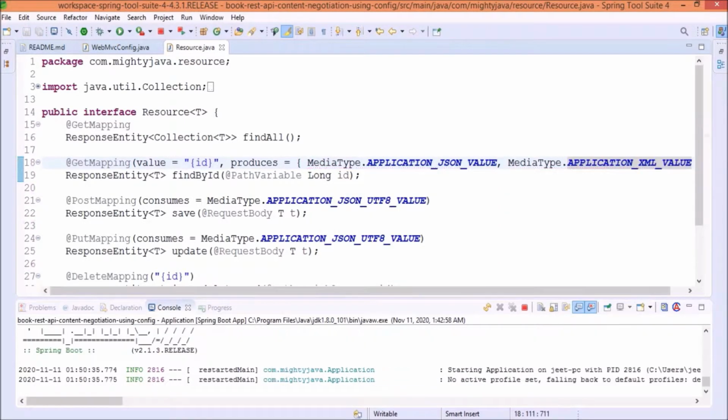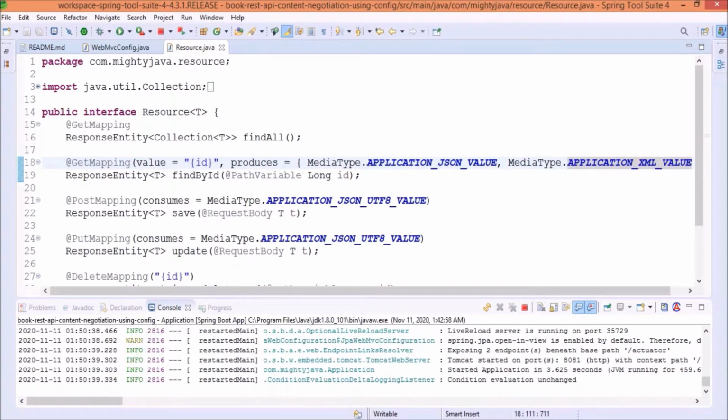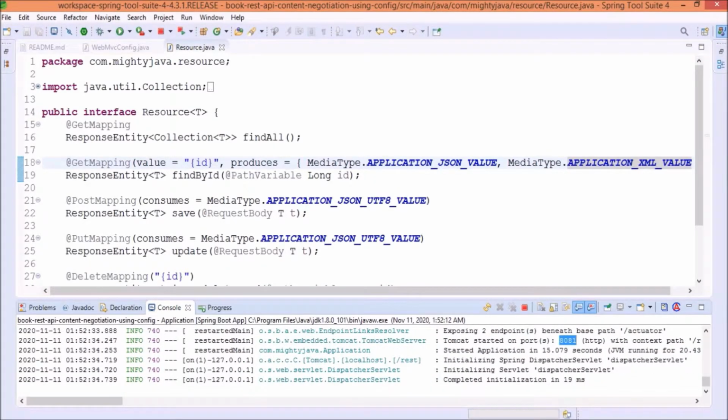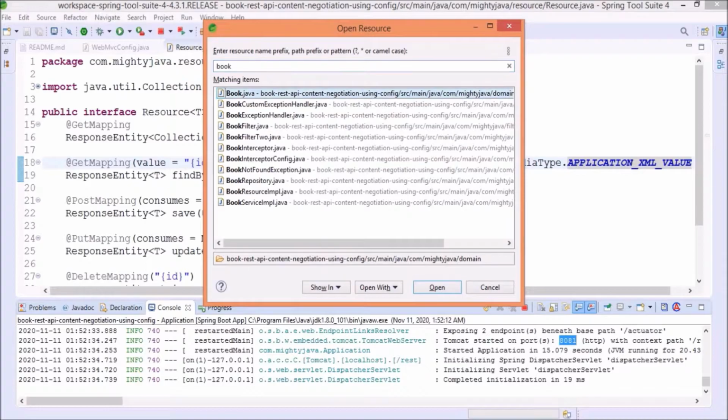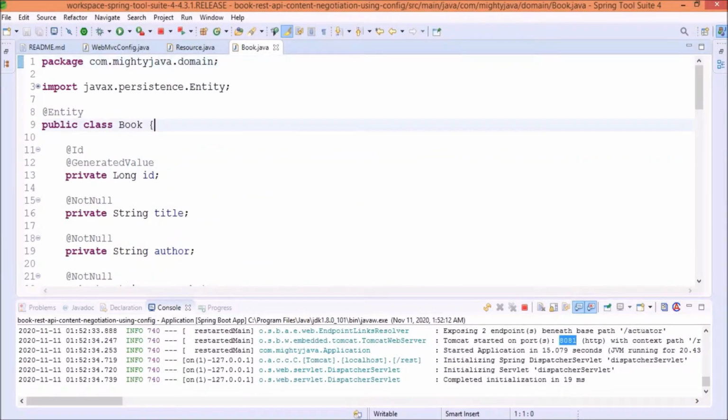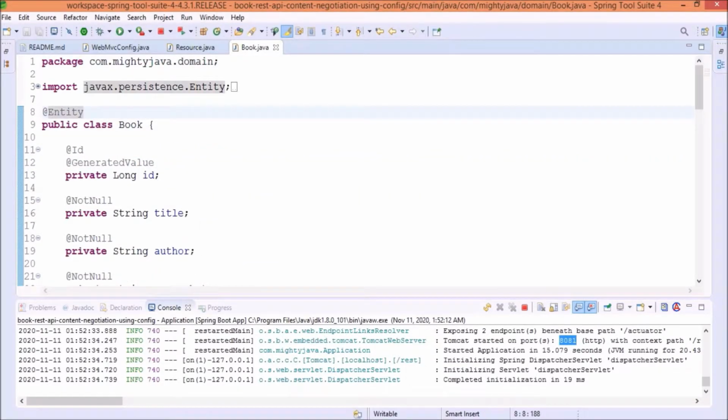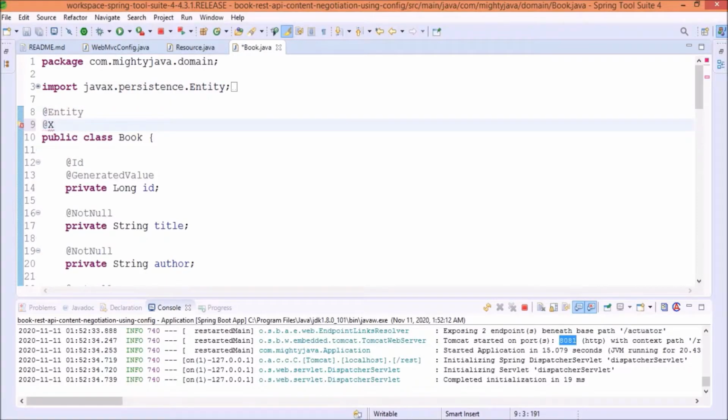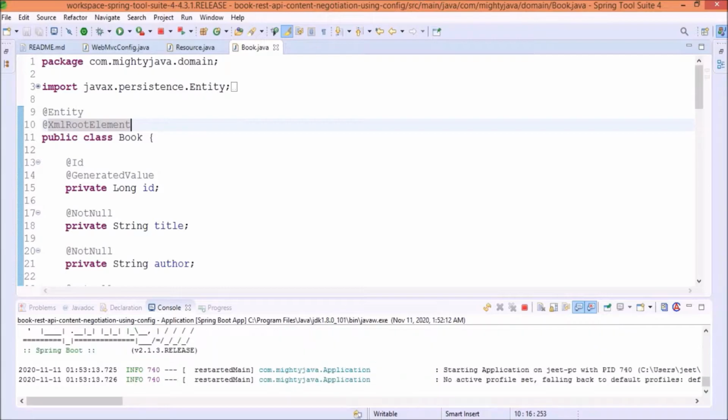Now let's save the changes. Server restarted. Here we need to add one more change. Let's open the Book class, and here let's add one more annotation after Entity, and the annotation is XmlRootElement.